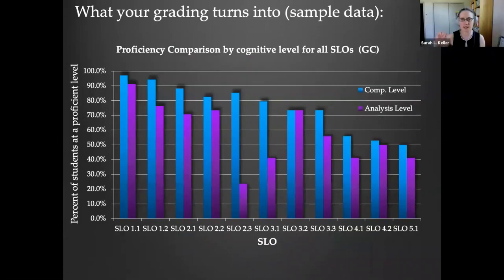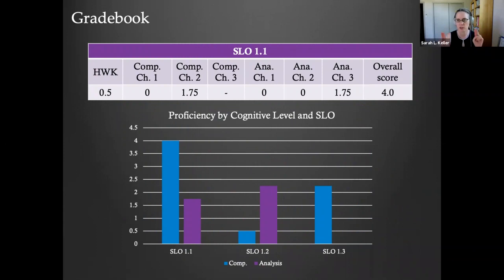And I share this. I'm sorry to interrupt. The comprehension and the analysis, these are two different kinds of questions that show up in quizzes and exams. Absolutely. Yes. Thank you, and it's not interrupting. I should have made it more clear that it's okay to absolutely ask questions. Yes. So those are two different types of questions, and they're mapped to the cognitive level type of the question. So I'm trying to target a different cognitive level with regards to the same content topic, but you're just kind of shooting a little bit different in those two questions. Does that make sense? Mm-hmm.